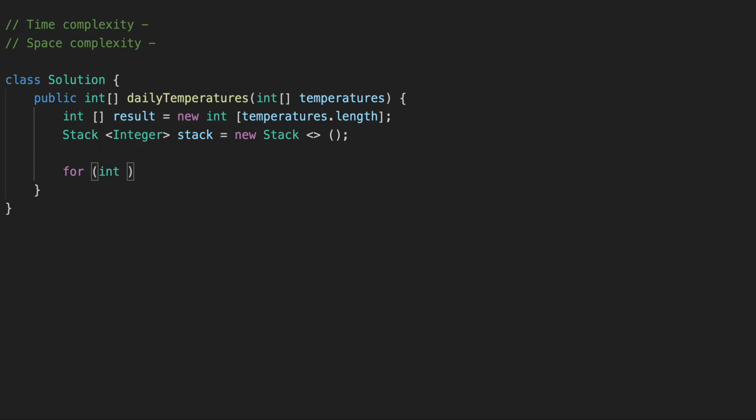So for that, i is temperatures.length minus 1, where i is more than or equal to 0, and we are decrementing i. So we are starting from the end of the array. What's the first thing that we are doing? We are going to do that in a while loop: while our stack is not empty,